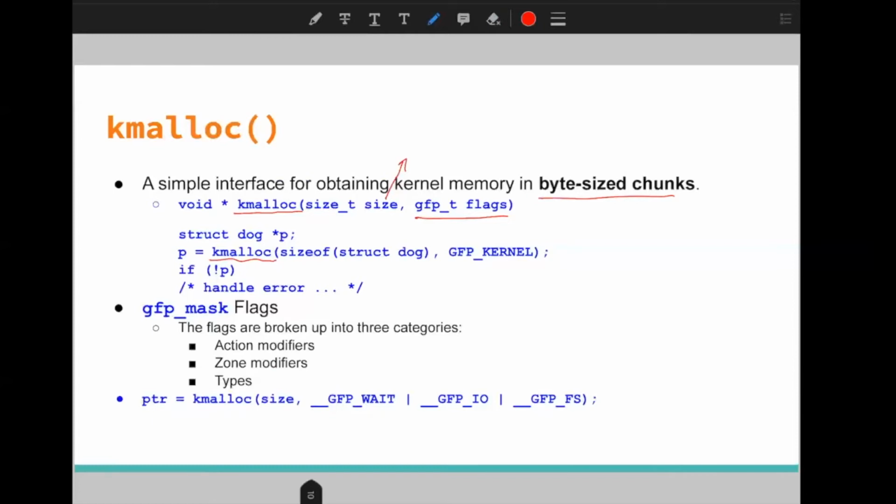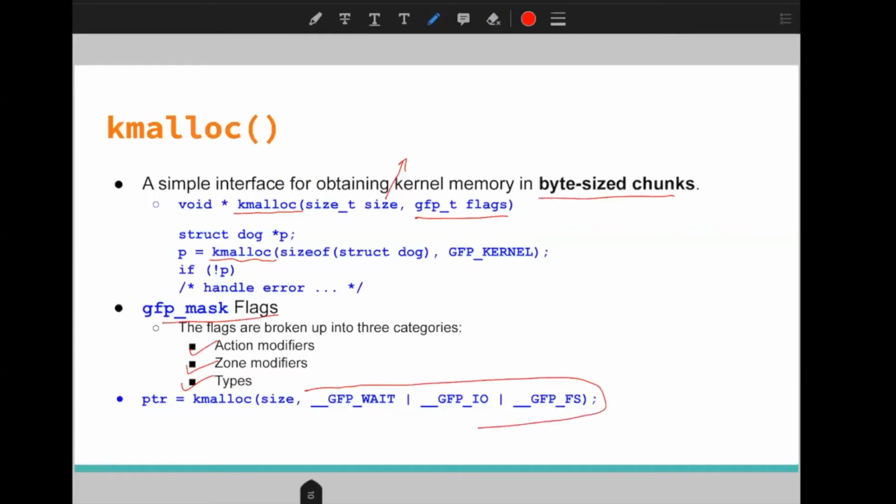So let's now discuss the long pending GFP flag types. These flags specify three kinds of modifiers: the first is action modifiers, the second is zone modifiers, and the third is type modifiers. These flags can be of different types, and we can group multiple flags in a single allocation by ORing them.